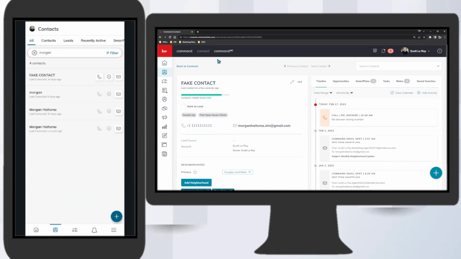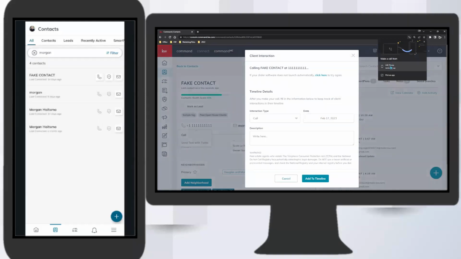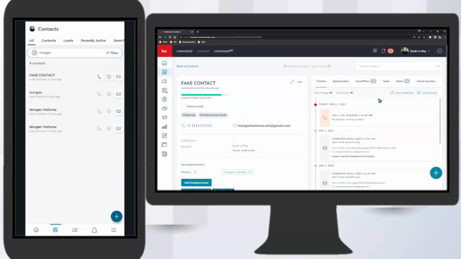And then again, of course, on your original desktop platform, you can click on the phone number option right here. You can click call or send text with Twilio, and then it'll ask you if you want to call from your phone right here. So it should send that over to my mobile device. So again, pretty cool options here, but we can actually take it one step further